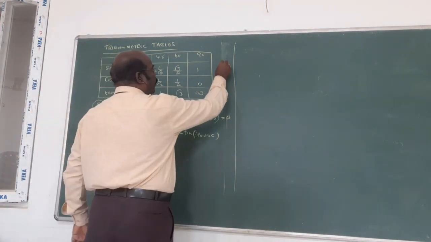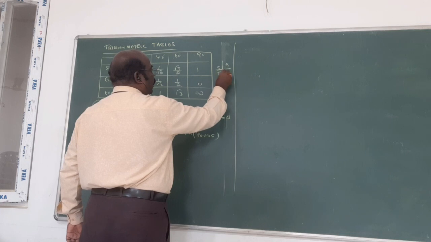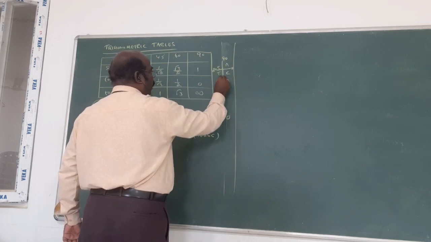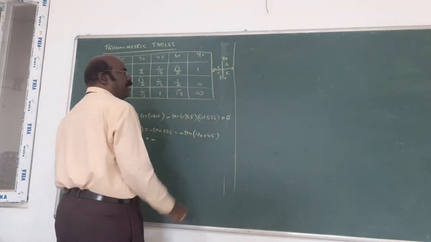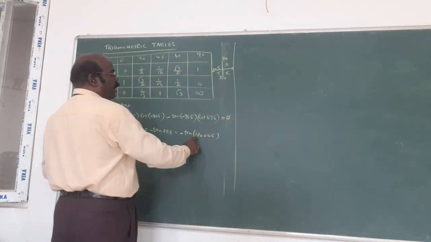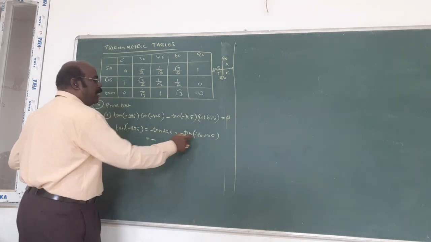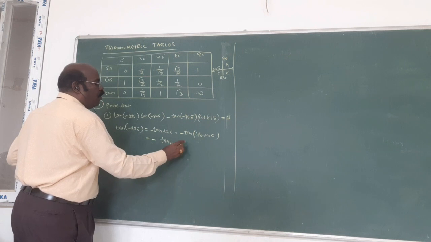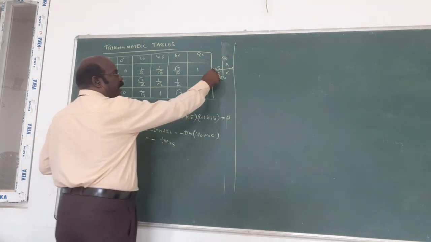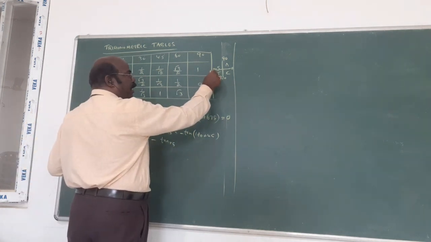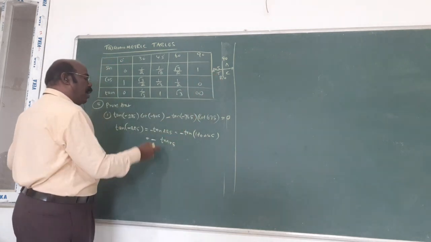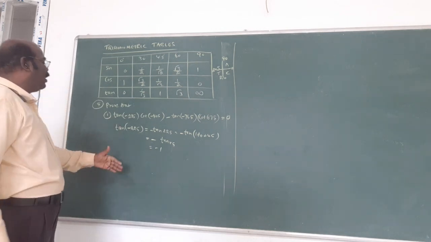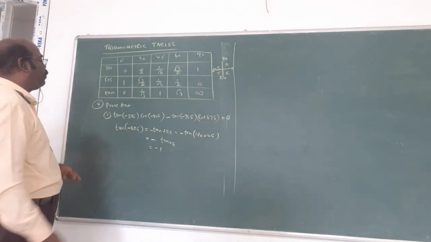What is the table? A, S, T, C, with 0 degree, 90, 180, 270. With 180 plus 45, 180 means unchanged, tan remains tan 45. Am I right? 180 plus 45 is where? Here, in the third quadrant. In the third quadrant, tan is positive. But the negative is already there, no problem. This is minus 1 is the answer. In this way, find the answer of tan of minus 225.